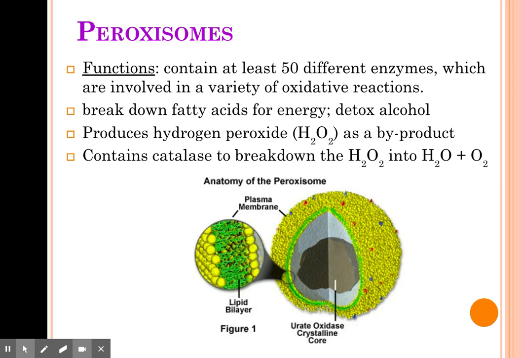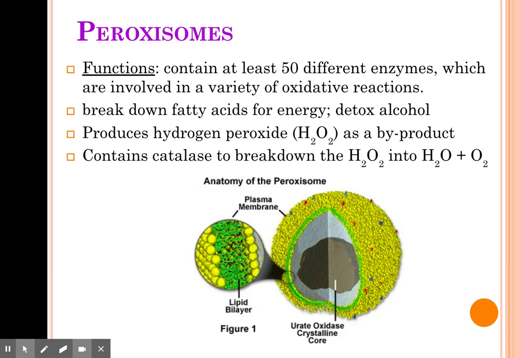And it also makes a precursor to myelin. So a lot of times when there is damage or malfunctioning peroxisomes, you'll see a nervous system disorder or a neurological symptom with that. One of the things, though, is it does produce hydrogen peroxide as a byproduct of some